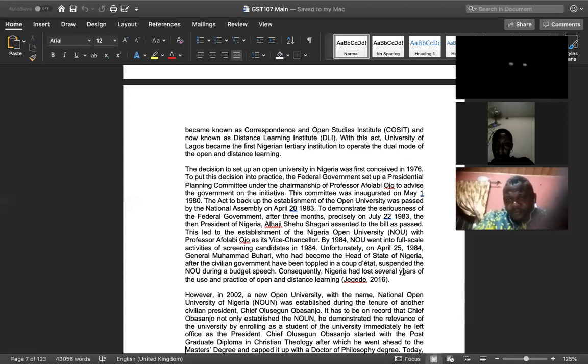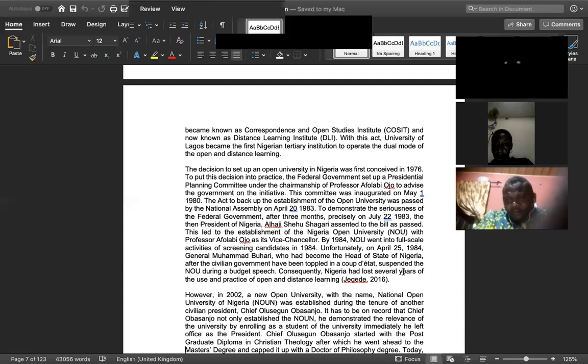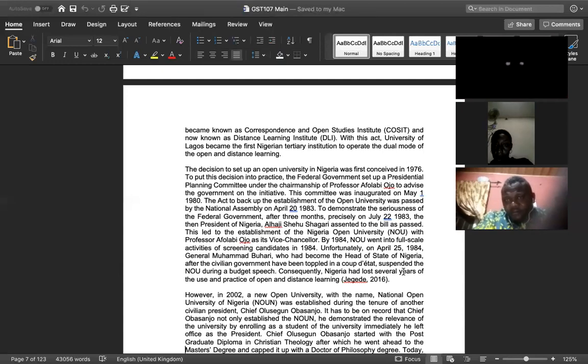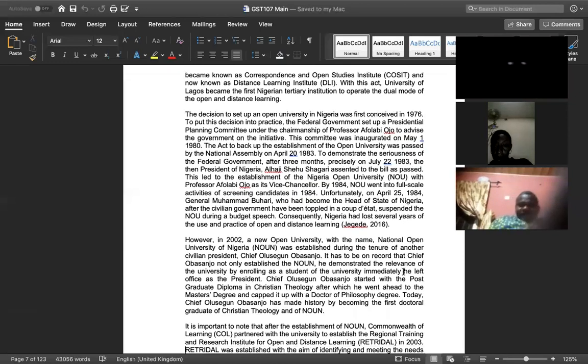And one of the bad things was that Nigeria donated all the materials of Open University for Tanzania. And so by the time National Open University of Nigeria started, there was nothing on ground. They have to start from scratch. So that was the end of the Open University until the Obasanjo era in 2002, when Chief Obasanjo